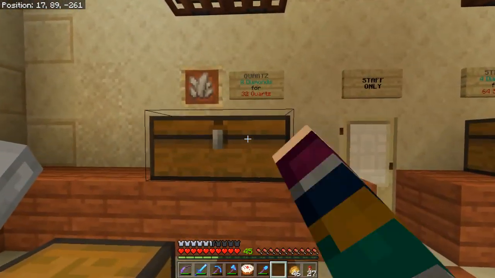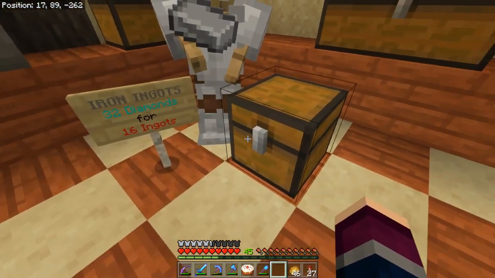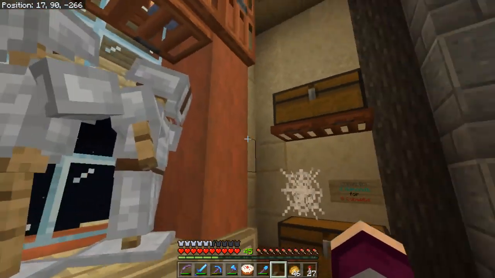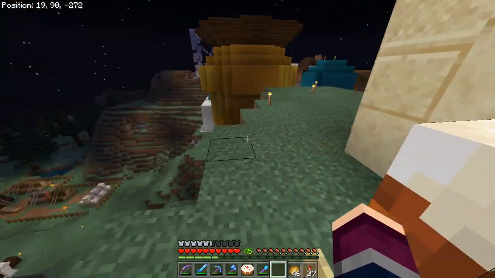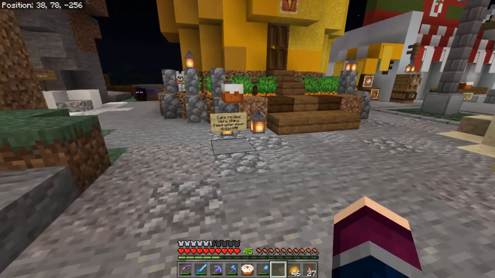And then, what, 8 diamonds for 32 quartz. 32 diamonds for 16 iron ingots, which is not even, there's not even any in there, but I know we've got some crazy iron shortages going on, but come on, guys. And we have 1 cake left,